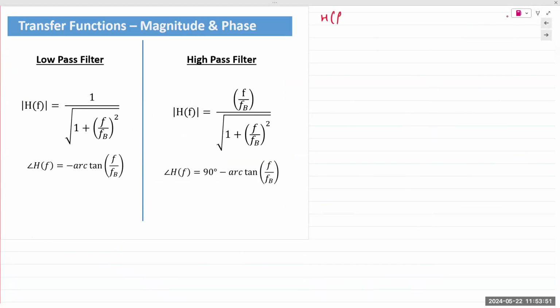The transfer function, and I will do this for the low pass filter, but it's the same for the high pass also. The transfer function of a low pass filter is 1 over (1 + j f/fB). Okay. If I wish to find the magnitude of a complex number